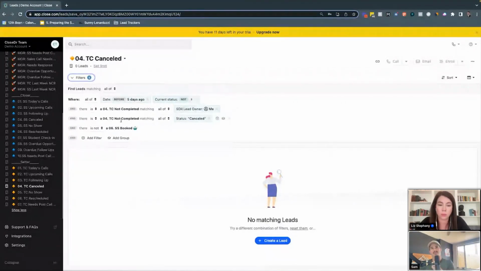I only want to talk to my leads. I said they canceled their appointment, and that's the title of the Smart View. I only want leads that canceled their call. That way, if I want to send an email blast and I create an email template and I want to email 20, 30 leads in this Smart View with a bulk email, I can specify my messaging